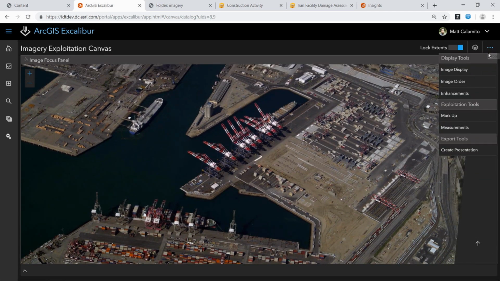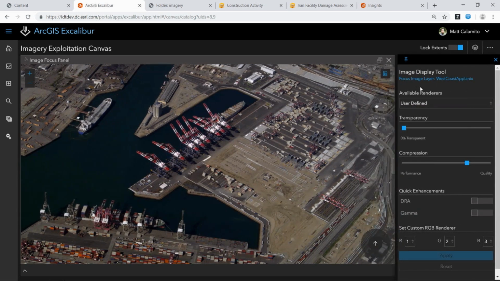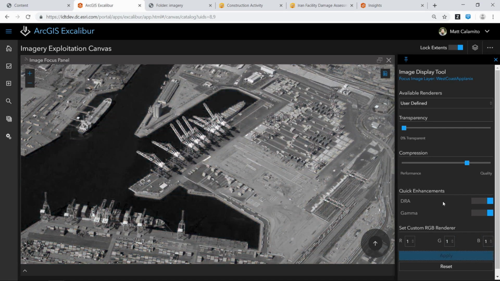So I'm going to start taking some of our display tools to step you through. Jaman had mentioned you may not need to understand a lot about being a true trained analyst on the imagery side, but we have simple tools to quickly apply things like DRA and gamma, and this should light up here if it didn't get washed out on the projector. As we're applying in-stream to those pixels those dynamic range adjustments and those gamma functions or display methods to this image, I can also in-stream make this multispectral image back to a panchromatic by changing those band combinations, right? All on the fly,